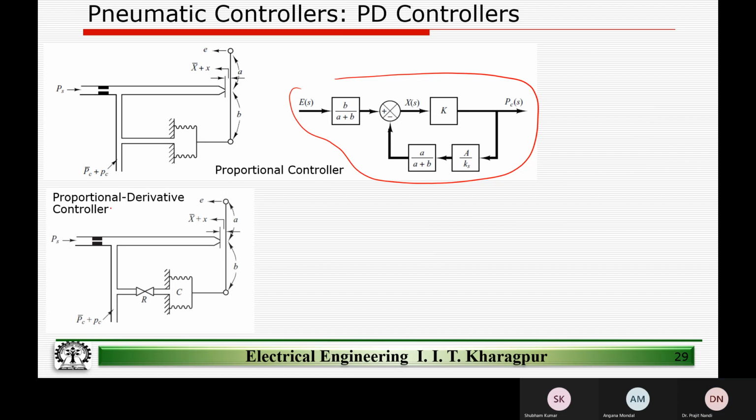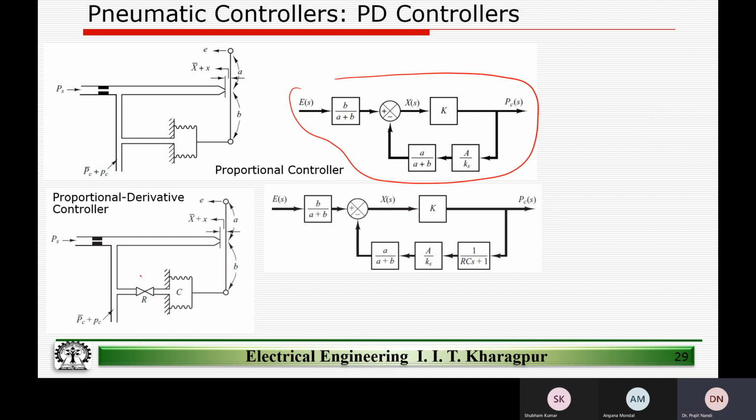Now, a proportional derivative controller, what we have done is we have introduced a resistor R here, and then what that does is, so what is the difference between this guy and this guy? From a proportional controller to a PD controller, the change that we have done is introduced a time delay, and this